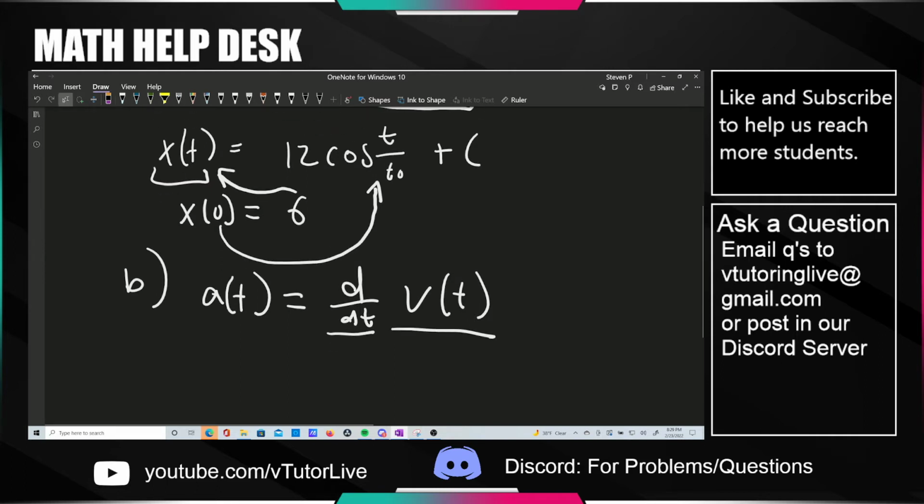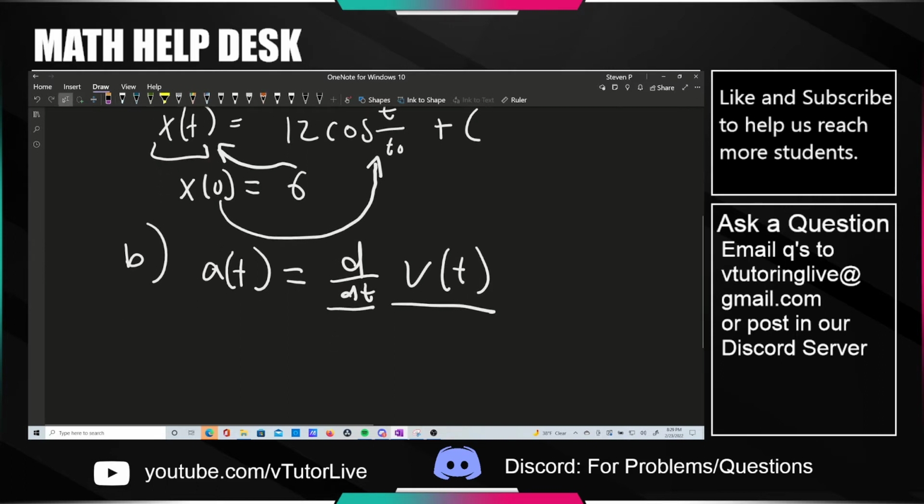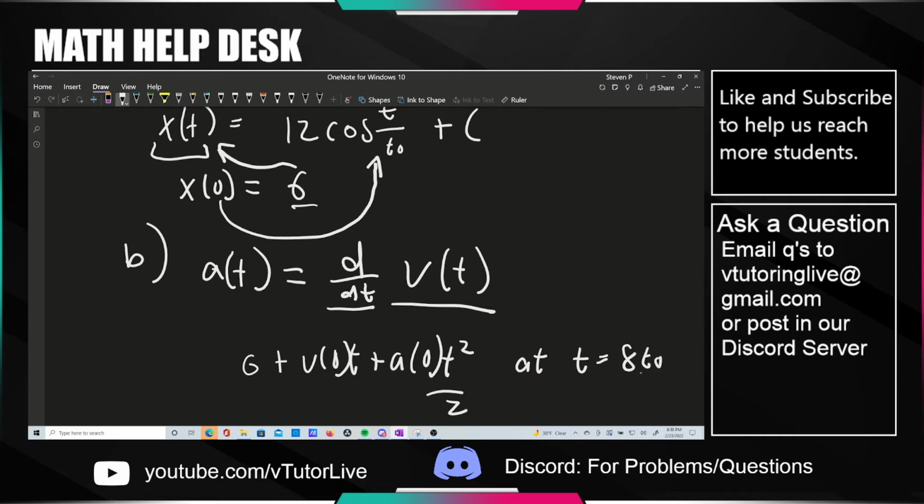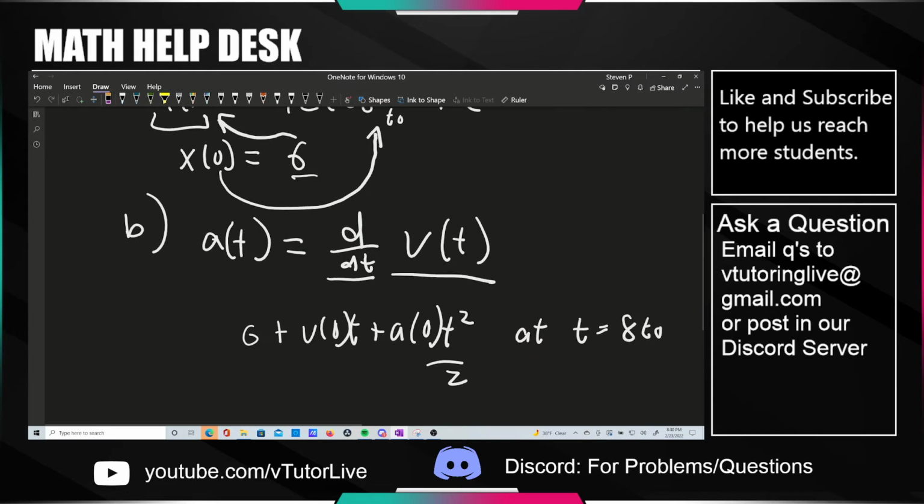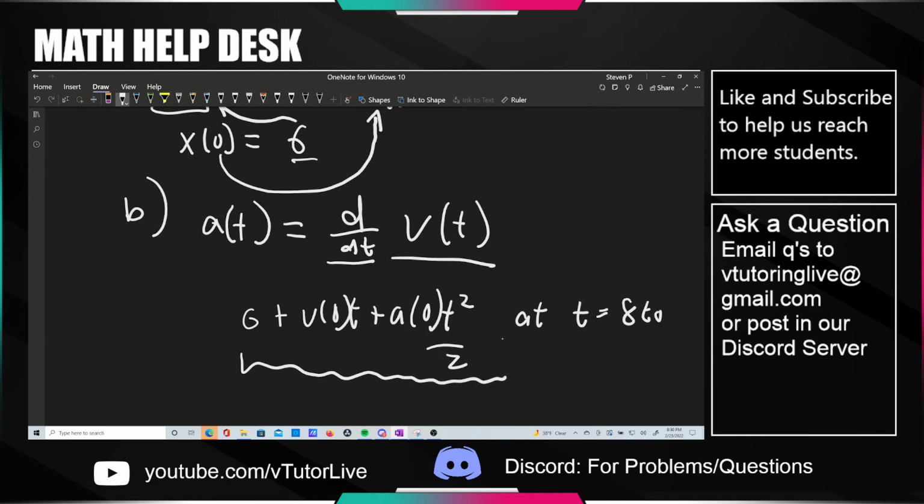So now they're asking you to evaluate some expression that looks like whatever the initial position was. I think for my previous example, I said like 6 plus v naught t plus a naught t squared over 2 at t equal to whatever time they had. And for me, I just made up 8 t naught. The idea here is that this looks a heck of a lot like kinematics, right? And kinematics is only for constant acceleration. So I haven't worked it out myself, but I would expect that once you evaluate this, you're not going to get particularly good agreement with part A because